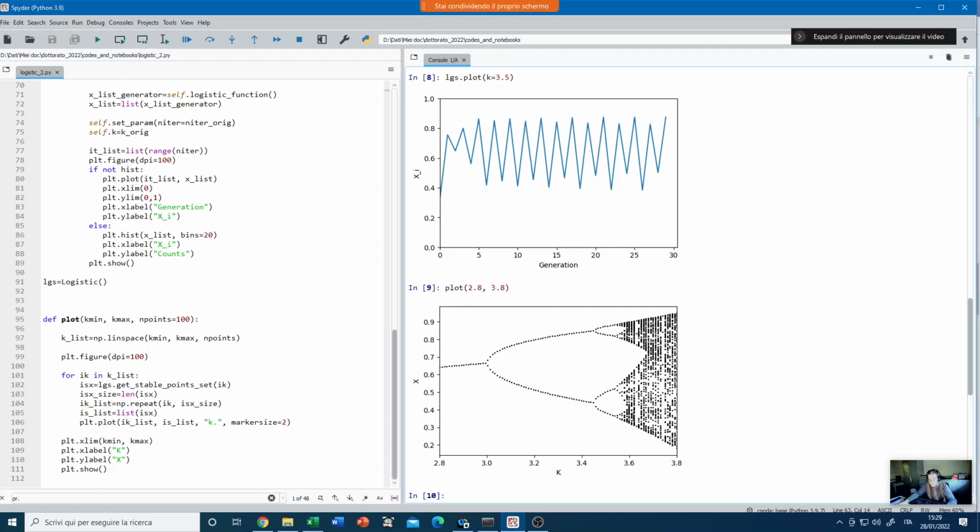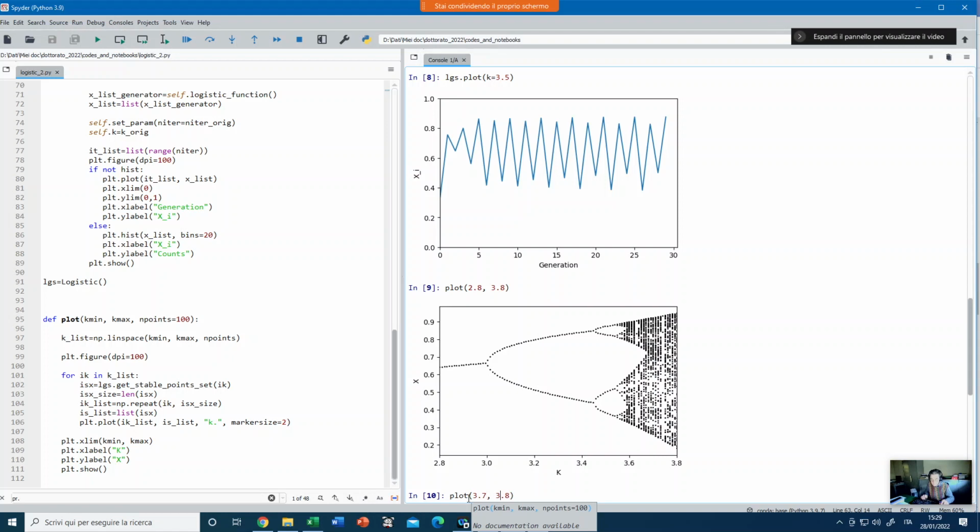So every possible value is obtained between this value of the population level, and the exact value of the limit that you reach at each value of k will depend strictly on the precise value of k and the precise initial value of x, so the x0, the population at the initial time. So it is a fractal. It is a fractal because if you analyze a section here, for instance, the section from, let's say, 3.7